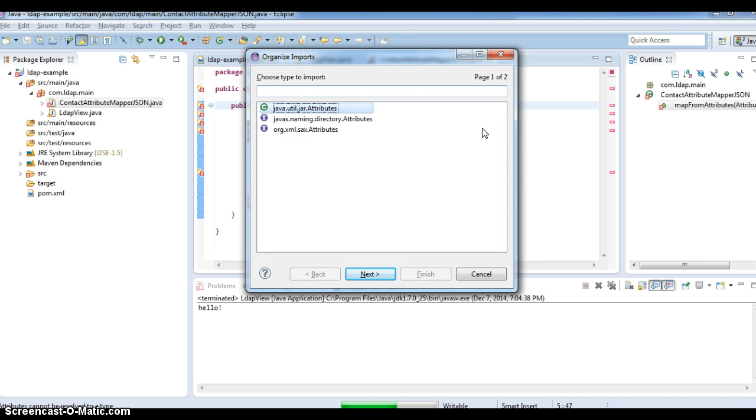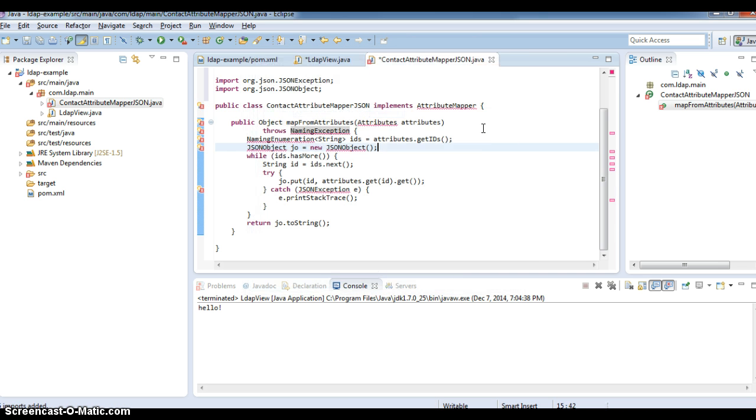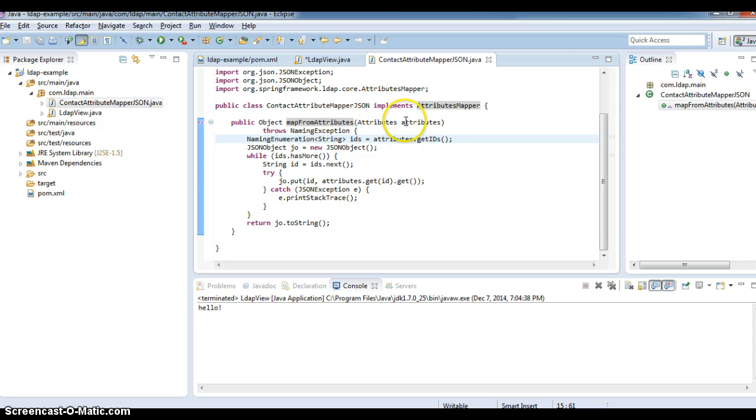So use Control-Shift-O. So what this class does here is that it sends the enumeration of your Spring